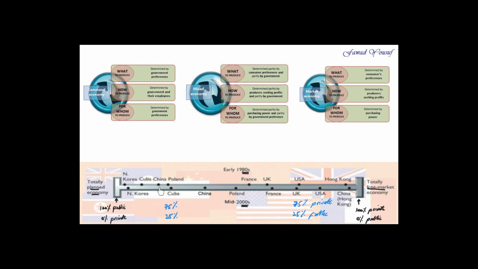So if you look at China, a big transition has happened towards free market, and it's moving more. Poland has almost come down to the 50-50 range. France, UK, USA, all these democratic countries that we've talked about, they are all on the right hand side, meaning there is a higher percentage of private ownership, and it's even getting greater in the last 20 years from the 80s to 2000. There's more movement. In Hong Kong also there was more movement.